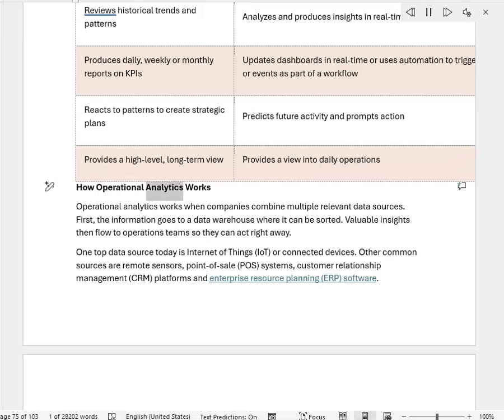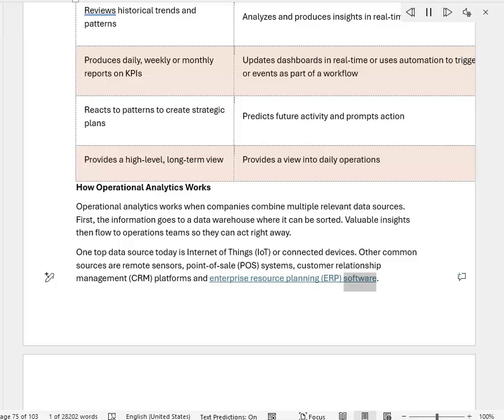How operational analytics works. Operational analytics works when companies combine multiple relevant data sources. First, the information goes to a data warehouse where it can be sorted. Valuable insights then flow to operations teams so they can act right away. One top data source today is Internet of Things, IoT, or connected devices. Other common sources are remote sensors, point of sale, POS, systems, customer relationship management, CRM, platforms and enterprise resource planning,